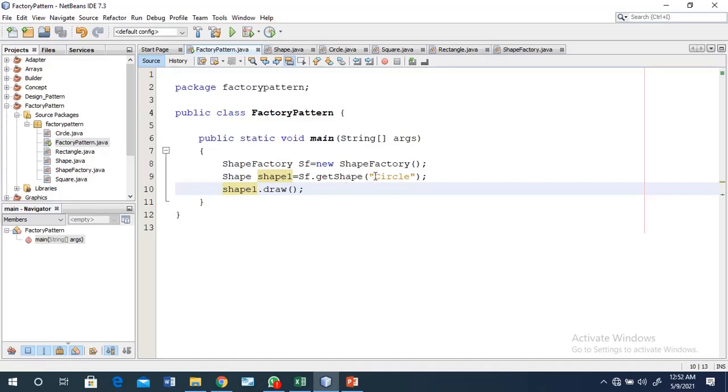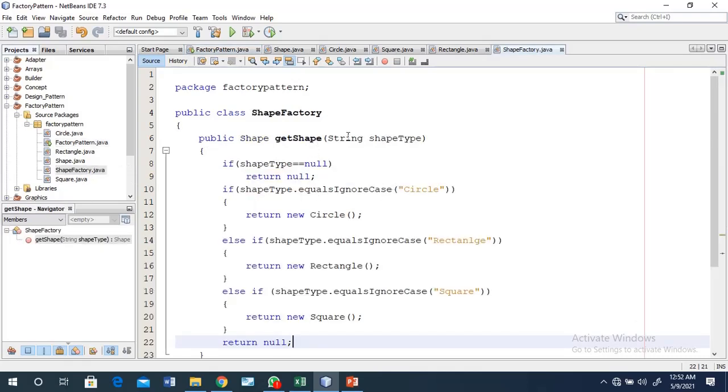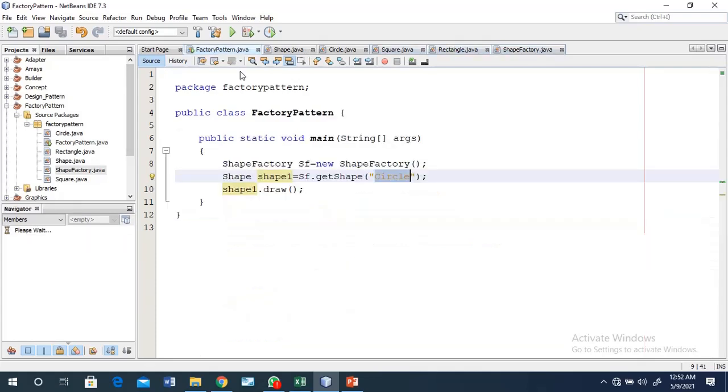Okay, so just see here, when we pass input as a circle, we are accessing the factory class. So in the factory class getShape, we are passing a particular type. If the shape type is circle, then automatically create a circle object. Okay, so the object is created for that particular circle class.